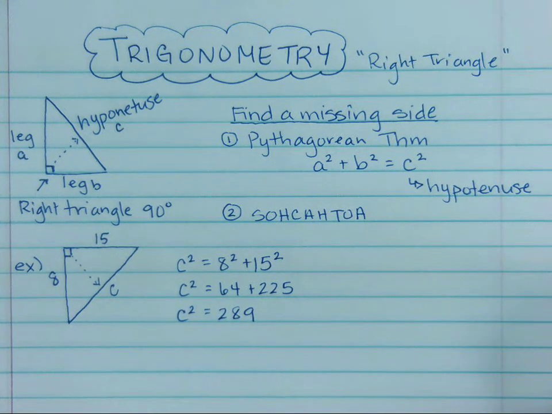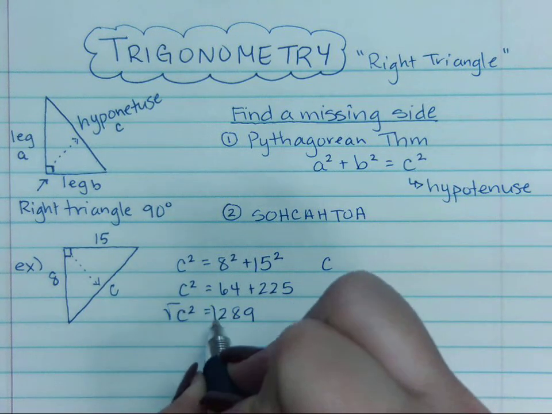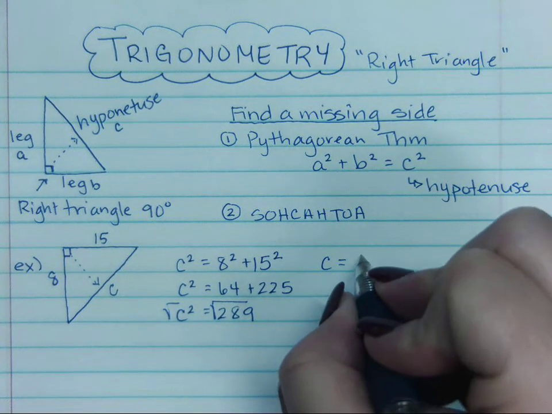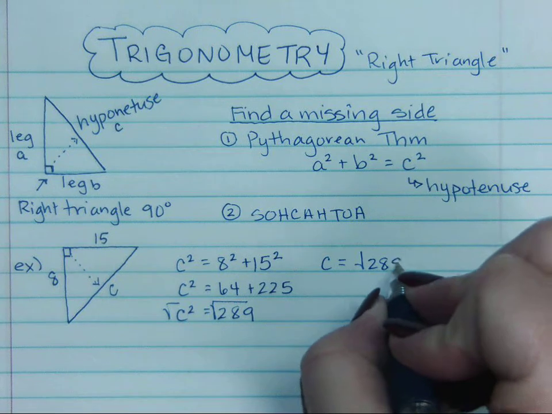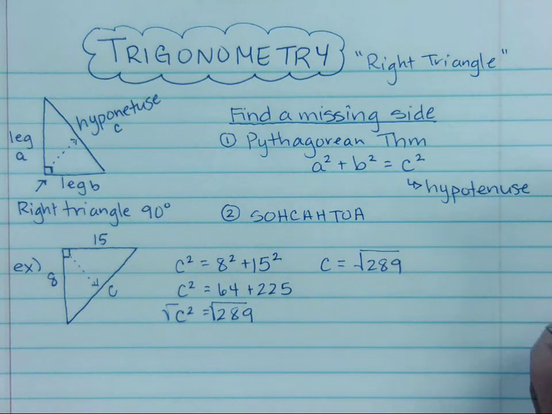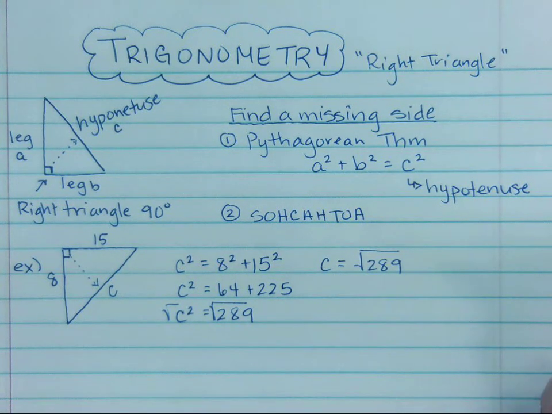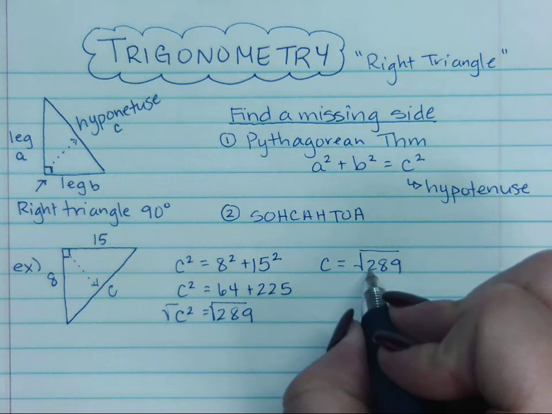But really, to be able to find the length of c, I have to take the square root of both sides. And so c is the square root of 289. Now I'm not really sure if that simplifies at all, but if I think about perfect squares, that's not a perfect square. Now you can look on your phone, you can look on a calculator, but that's not a perfect